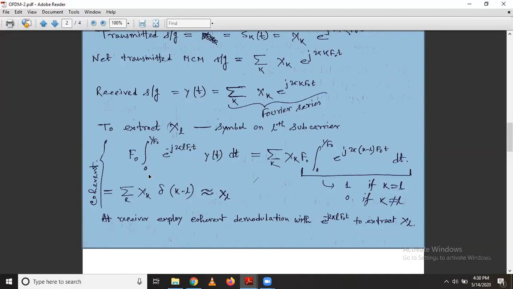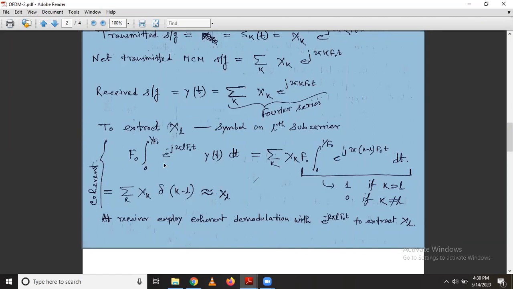That means if you want to draw the receiver side block diagram of this, it will be nothing but some product modulator, then some integrator. That's all. In the product modulator, two things are entering. One is the incoming signal from the transmitter side. One is the locally generated carrier signal.